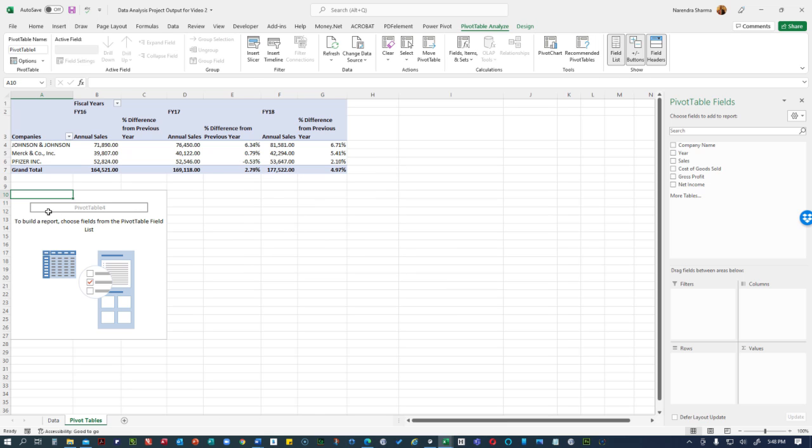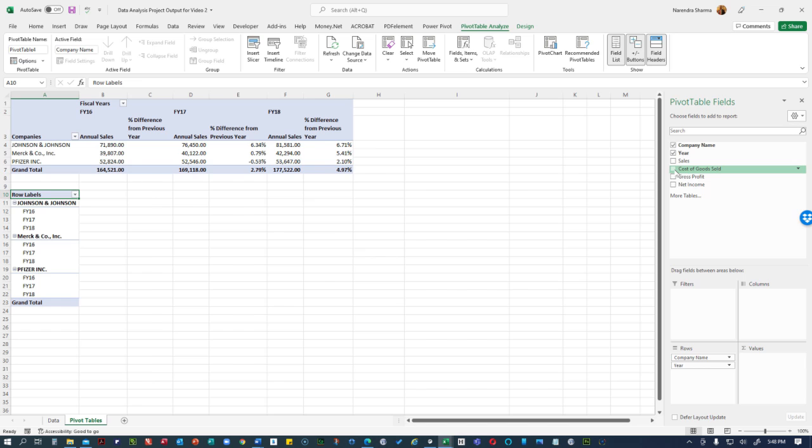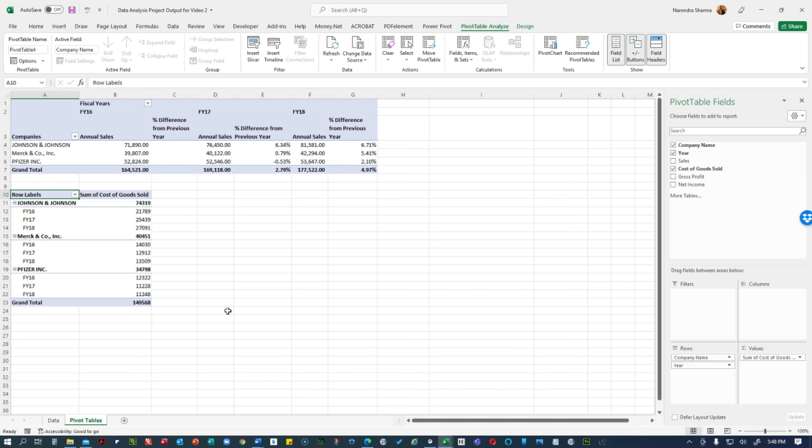Now you have started a new pivot table. For this one, instead of sales, I'm going to select cost of goods sold. So I'll be selecting company name, year, cost of goods sold, and then repeat the process that I showed you. So that is how you are going to work on the pivot tables. Once you have completed the pivot tables,